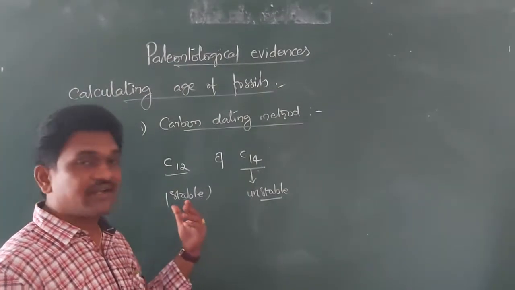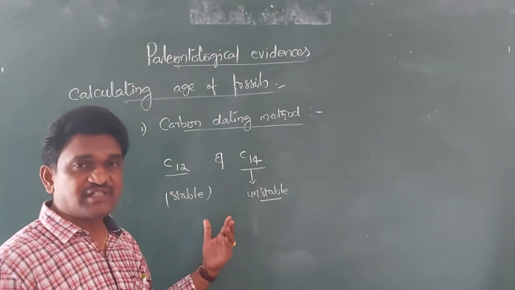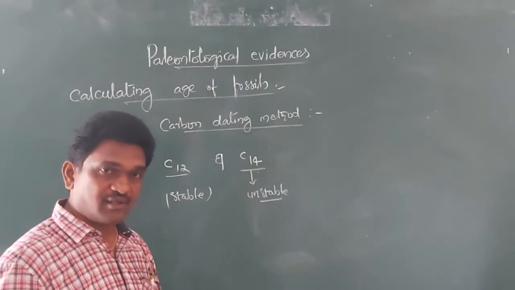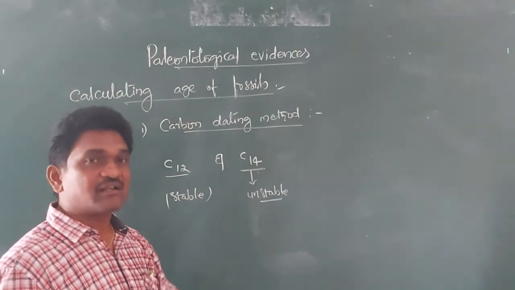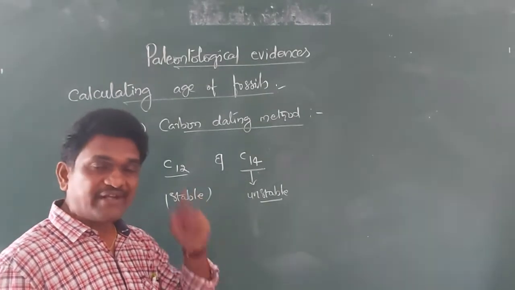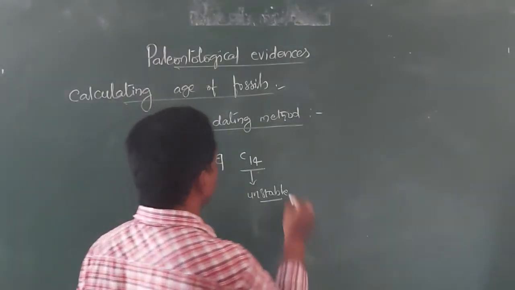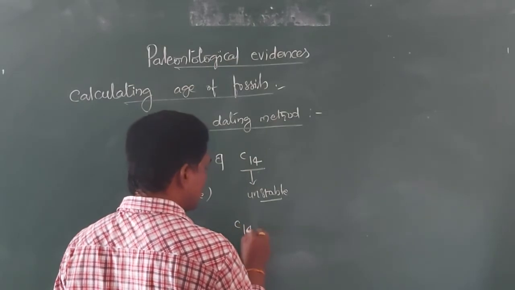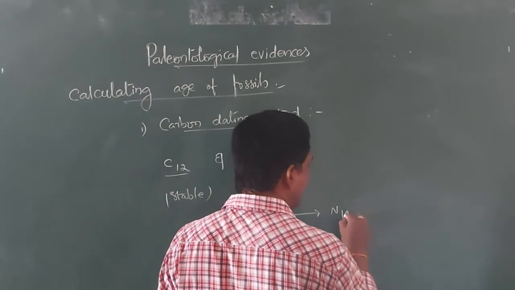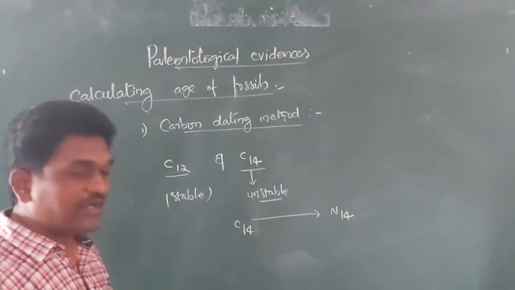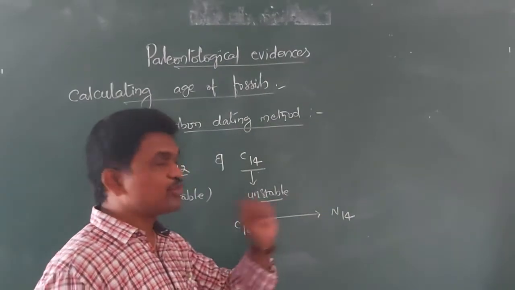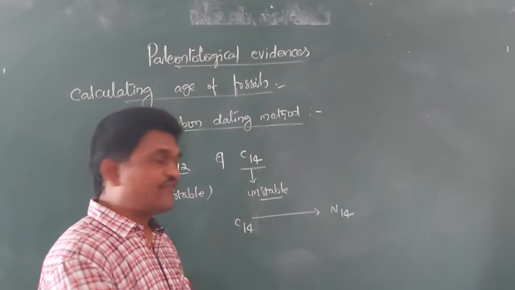So as long as the organism is alive, C12 and C14 are stable. After death of the organism, C14 becomes unstable. What happens to C14 molecules? C14 molecules gradually form nitrogen 14 atoms. What happens after death? C14 atoms become nitrogen 14 atoms. For instance,